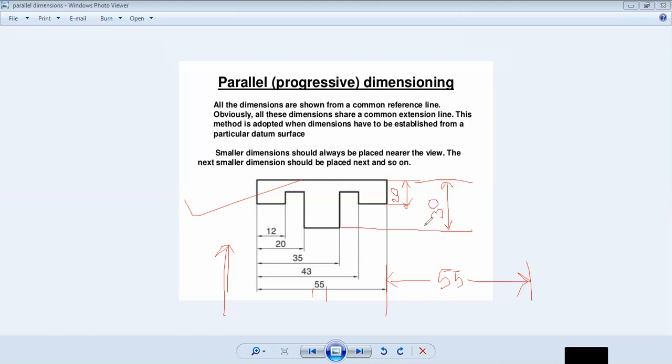Correct? Yes, sir. Understood? So these are mainly unidirectional. These dimensions are used to be written in the center of the line. Yes, it is visible. See,